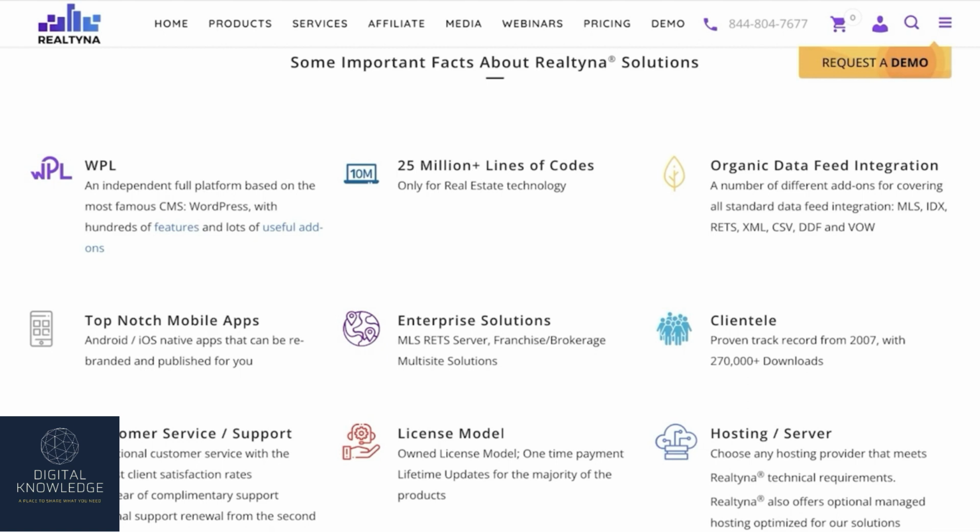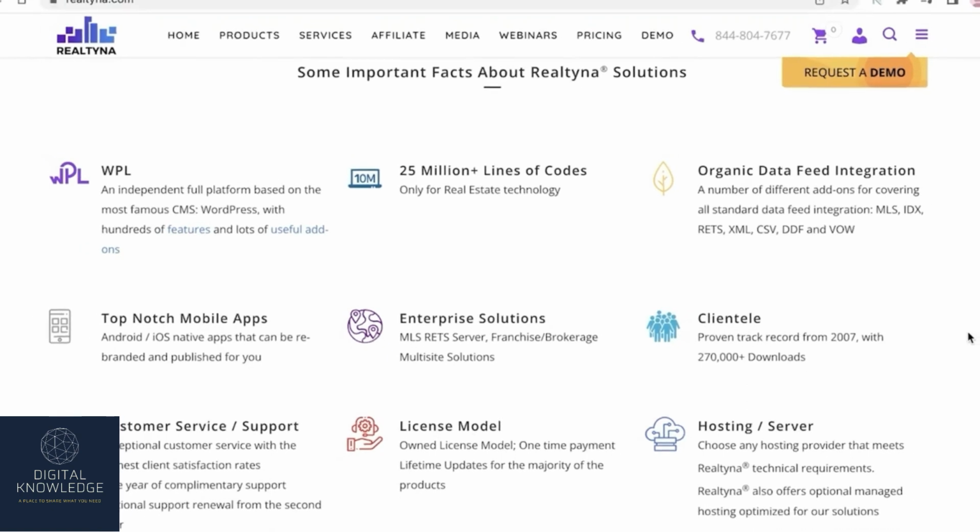plugin, and this will get you listings that are organic, and that means they are indexable for search engines, as well as configuration and setup to your IDX from your MLS, and your software can be used with hundreds of different MLSs. So whatever MLS that you are using, whatever multiple listing server you are presently on, you can easily integrate it with the